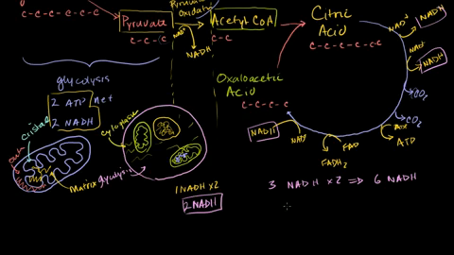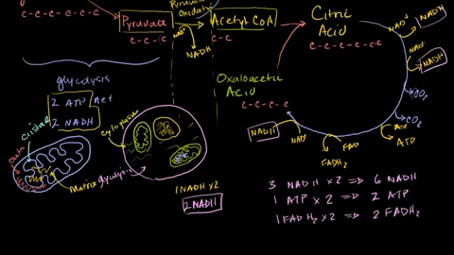NADHs. We have 1 ATP per turn of the cycle. This is going to happen twice, once for each pyruvic acid. So we get 2 ATPs. And then we have 1 FADH2. But we're going to do this cycle twice. This is per cycle, so times 2. We have 2